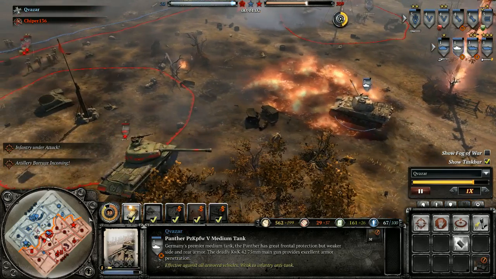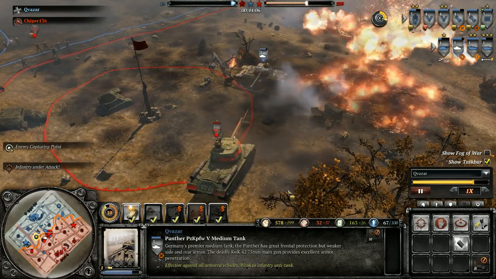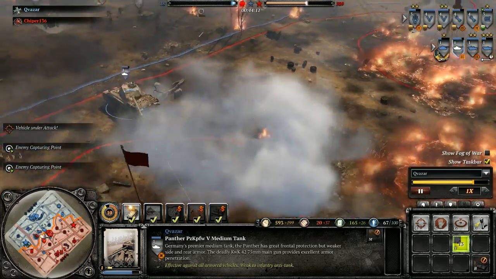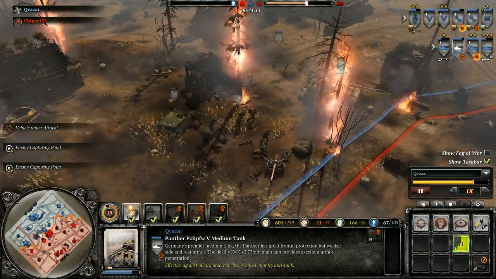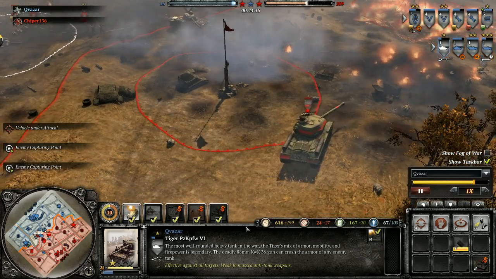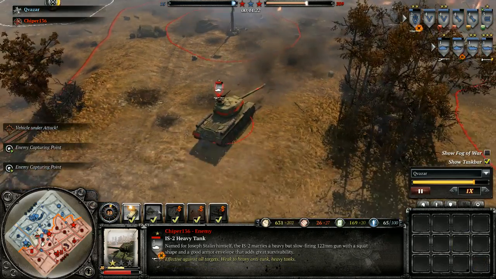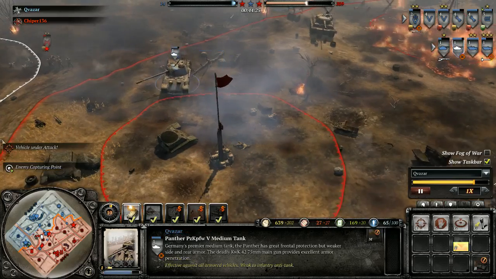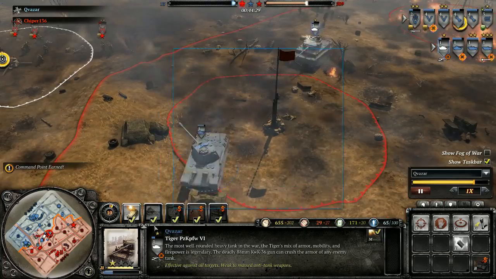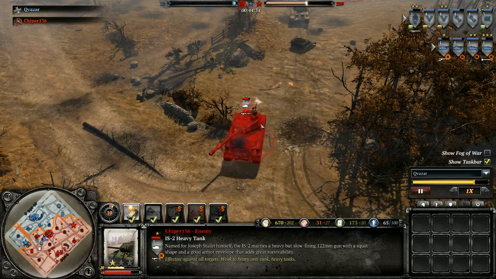Oh, that's so strange. Panther is going to try and engage the... Have I missed the Tiger being destroyed? I think the Tiger's gone. No, the Tiger is there. I thought I'd lost the Tiger then, but it's still there. But it's still very low on health, as this Panther is engaging the IS-2 finally, but it's not doing very much damage, unfortunately. This Tiger has got to move now. It's got to move, and it's got to try and do something